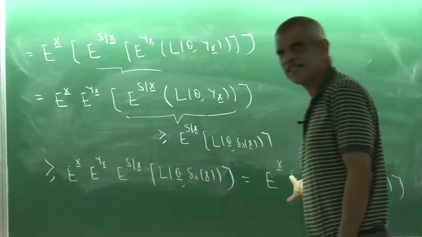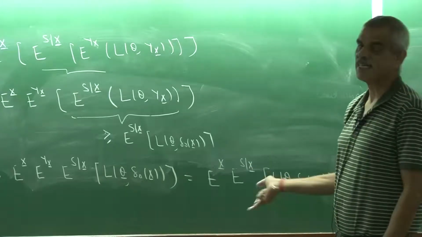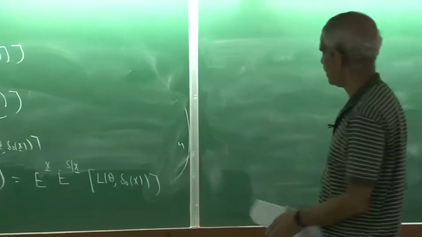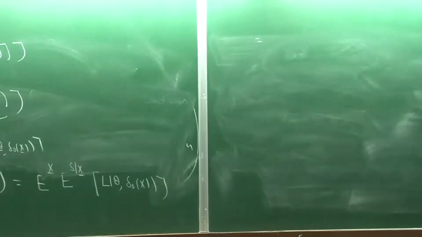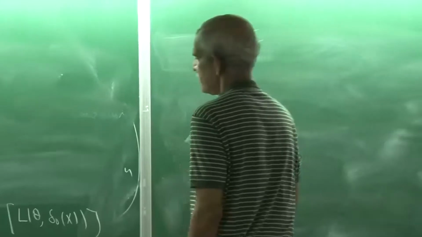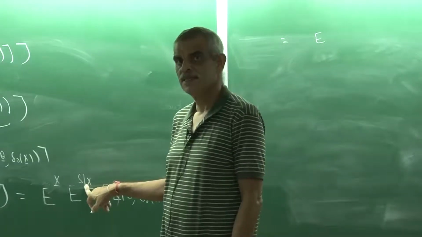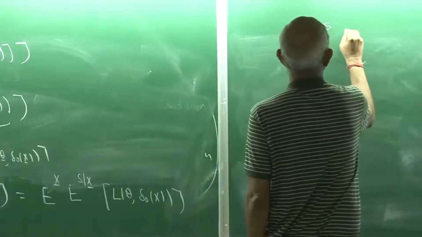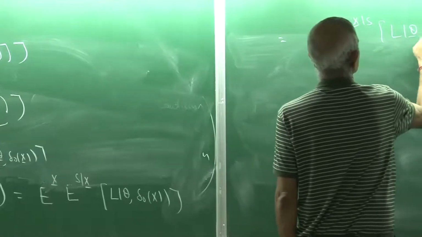This expectation of a conditional expectation, again I can write down as a joint expectation, E of S and X, which I again can write down as expectation of a conditional expectation. In fact, if you look at, this is nothing but E of S of R delta S. So if you want, this expectation of a conditional expectation can be written as a joint expectation, E of X and S. Then I can write down that as the expectation of conditional expectation. So that is same as E of S, E of X given S of L theta delta naught X.